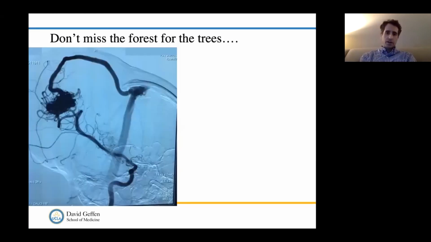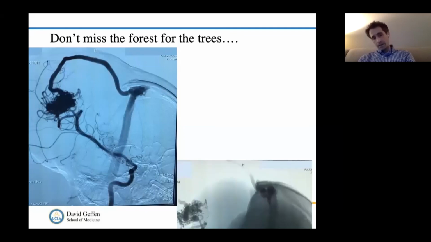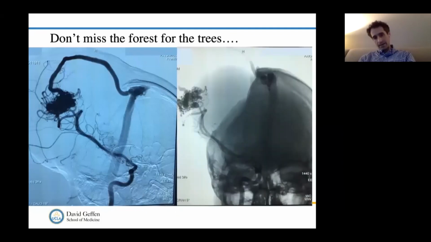And just to finish up, and I think Dr. Wong mentioned this, you really have to look at everything. This is an example. This is a DSA picture, so a digital subtraction angiogram showing what looks like a brain AVM. Okay, we see middle cerebral artery vessels going to a big tangle of vessels and then a vein coursing in. But if we go to the next slide,